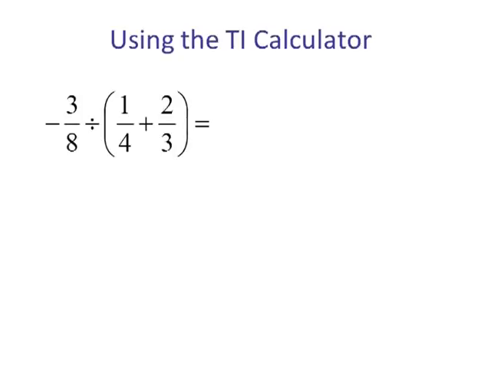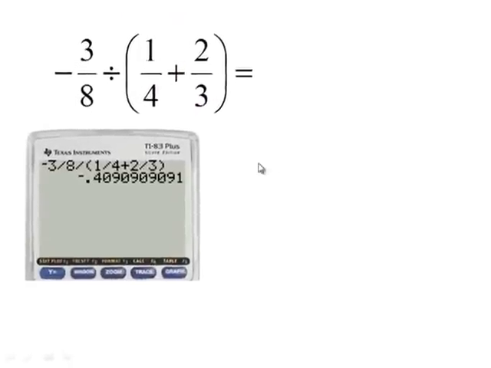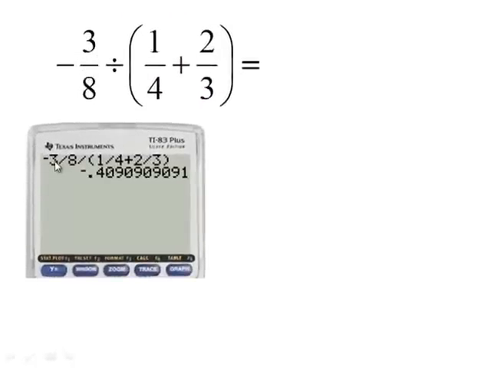Now we can use the TI 83 or 84 calculator to compute problems involving the order of operation, and we can also do those involving fractions. So this is negative 3/8 divided by the quantity 1/4 plus 2/3. So we would have to add these two first, and then take negative 3/8 and divide it by this quantity. Now if we're using the calculator to do this, we would have to type in the negative 3/8, then divide, and we would have to include parentheses here, and we get negative